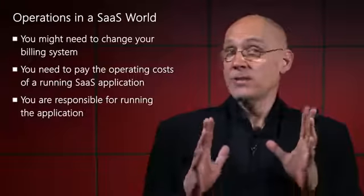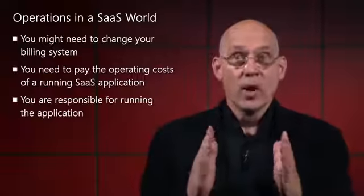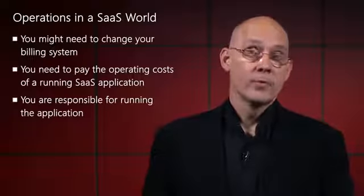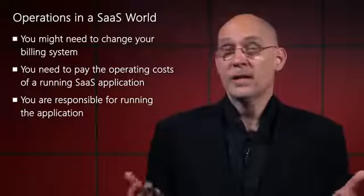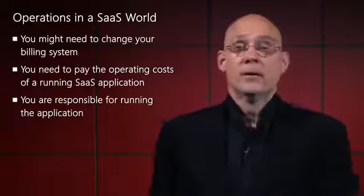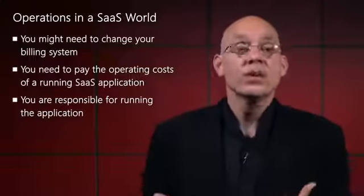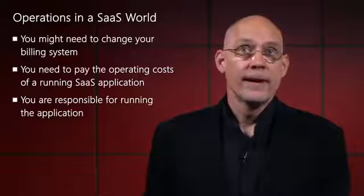Another big change that SaaS brings is that now you are responsible for running the application. With a traditional on-premises product, each of your customers runs your software in its own data center. With SaaS, you run the software in some number of external data centers. The cost of